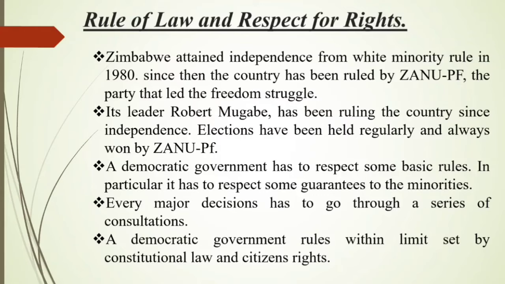So, through this example, the example of Zimbabwe, it shows that popular approval of the rulers is necessary in a democracy, but it is not sufficient. So here we can say, after discussing this example, that popular government can be undemocratic and popular leaders can be autocratic, like Robert Mugabe.